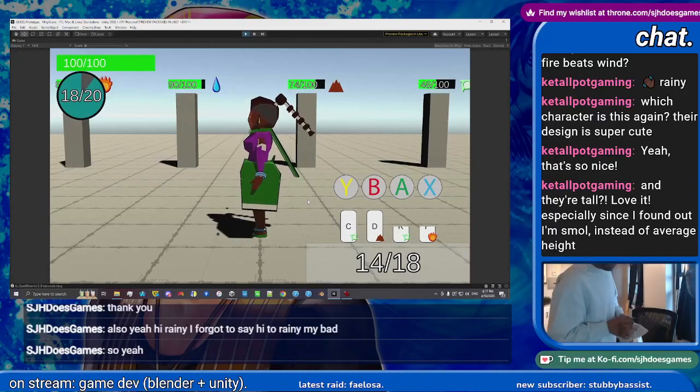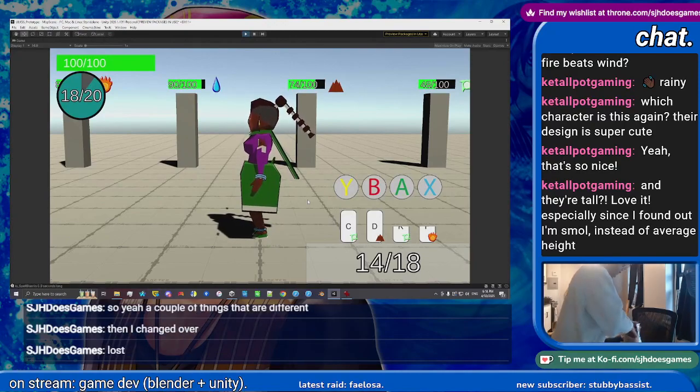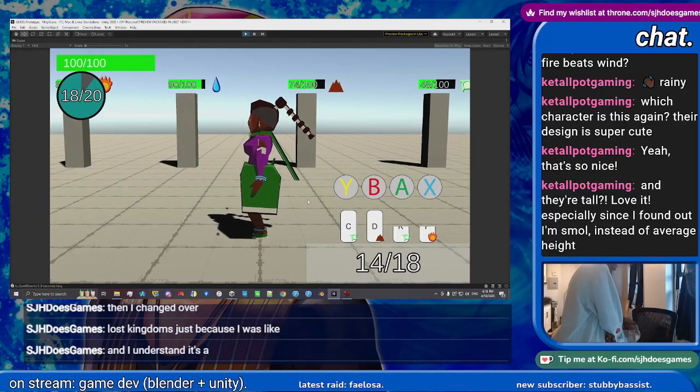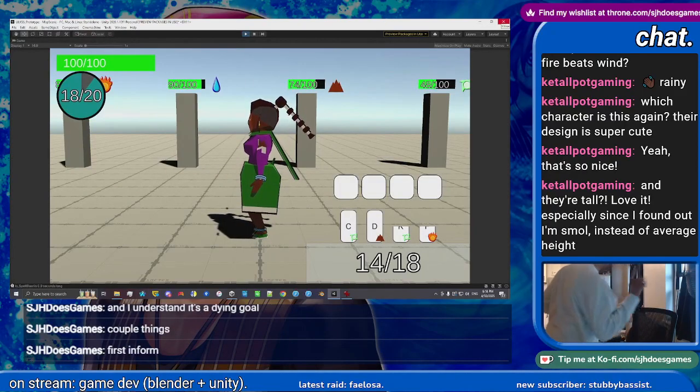So yeah, a couple of things that are different that I changed over from Lost Kingdoms, just because I was like, I know why they did this, and I understand the design goal, but I don't like it, so I'm going to change it. A couple of things. First and foremost is,